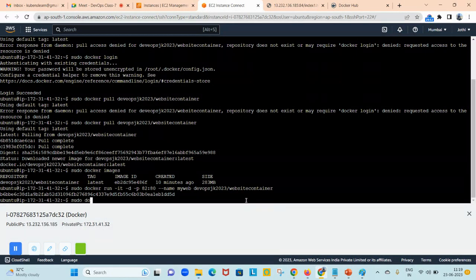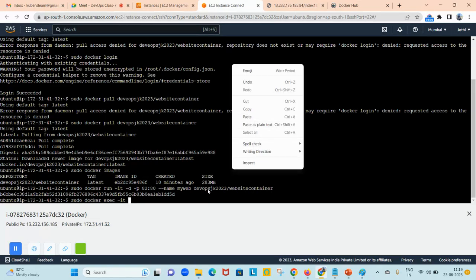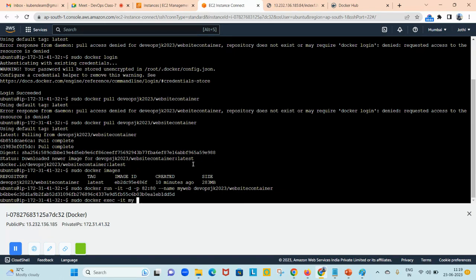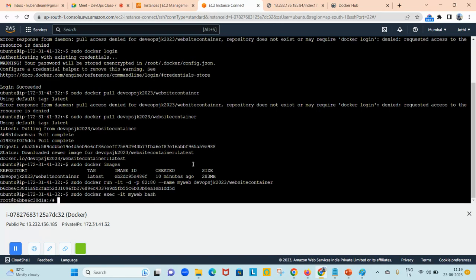container. Sudo docker exec -it, and then the container name. Container name is my web, right? My web bash. We want the bash prompt. It is there. Sudo docker, sorry, service apache2